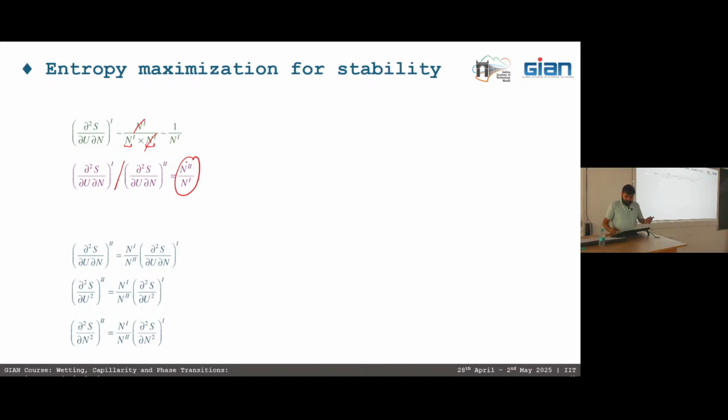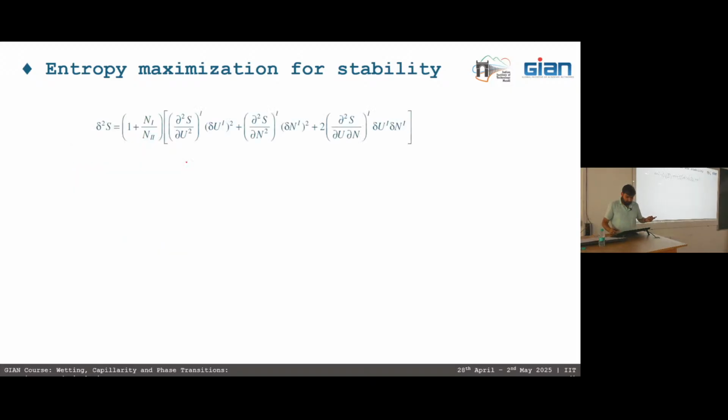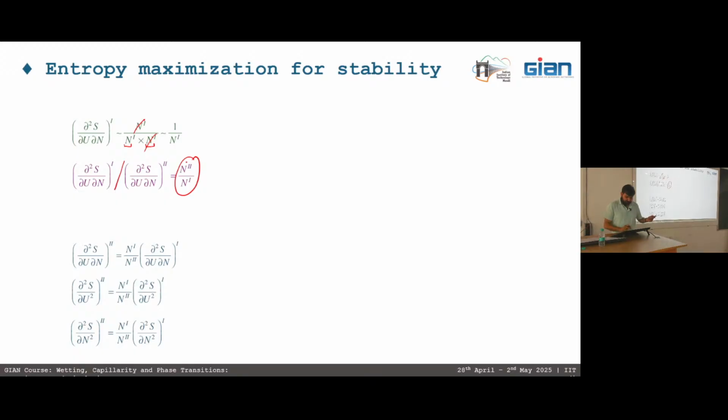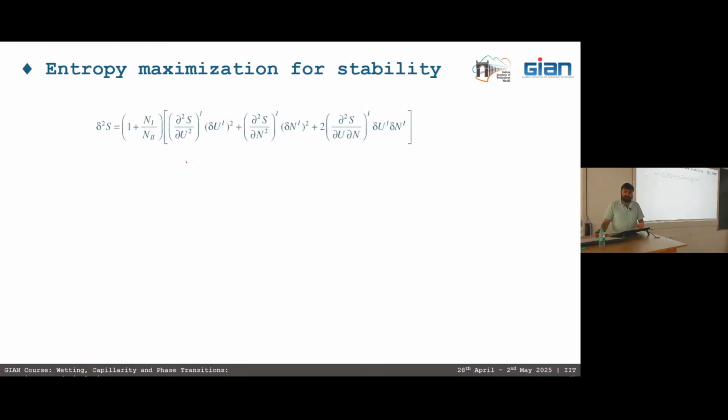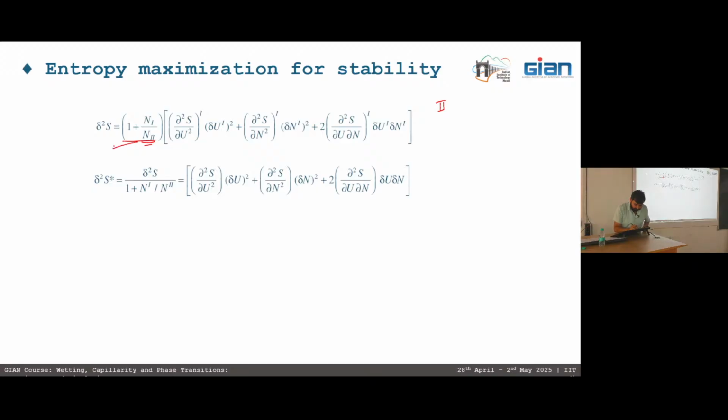So on doing that, we have now done that, and now we are left with this equation. You can see that all our subsystem 2 terms have vanished here, because we have converted it, we have taken this n2 for that, and we are writing just in terms of subsystem 1 terms. To further evaluate this, we take this into the denominator side, and this is what we get, and this is equal to some terms here.